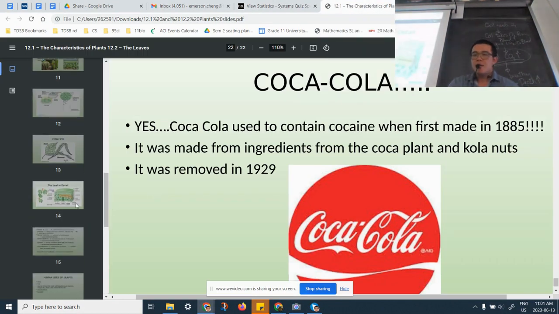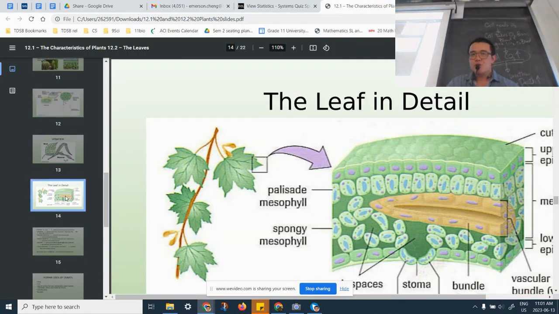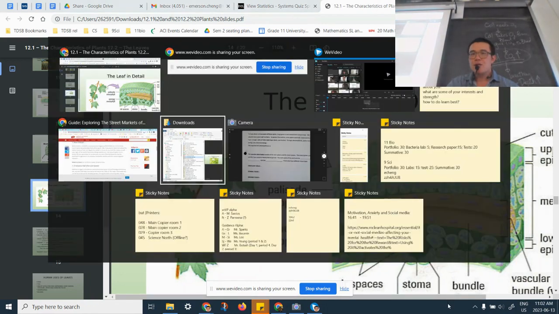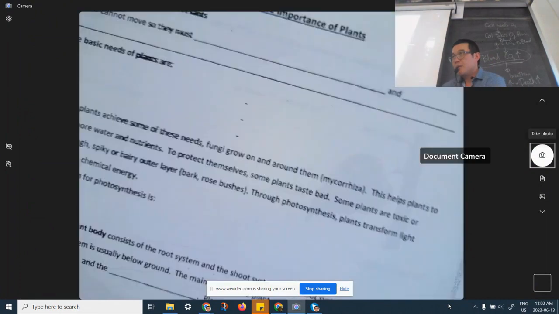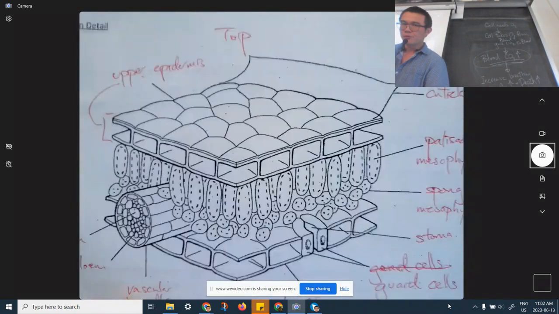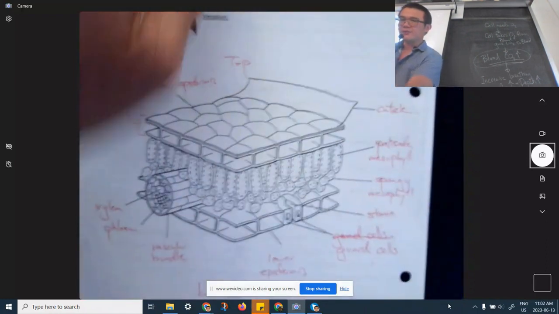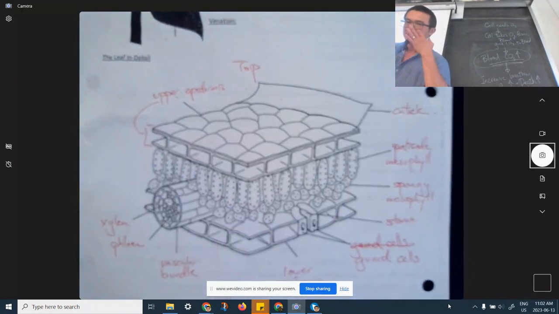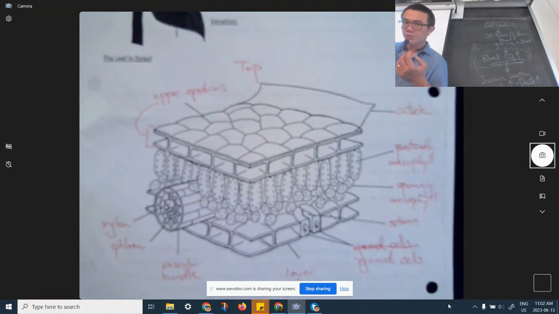So in this case, yesterday we ended looking at the structure of the leaves. We started looking at the structure of the leaves, and we labeled that diagram. I'm trying to find that diagram, which I personally also labeled, and it is right here. Okay, so we have this already, and I did say we're going to talk about